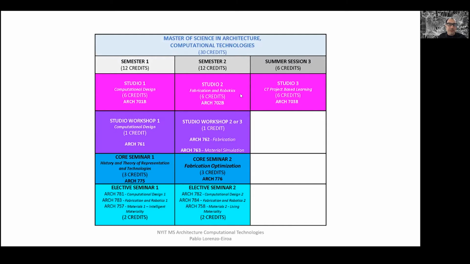In the second semester, the studio is going to focus on fabrication and robotics, and you can either do fabrication or robotics as an elective seminar, or computational design, the second version of it. The third term is very exciting because the first 2 terms are in New York City, and the third term is going to be in Long Island, in Old Westbury. The advantage is that we have a bigger fab lab and more room to do one-to-one experimentation, such as developing facade prototypes or a one-to-one pavilion with all the students working together if there is that interest.